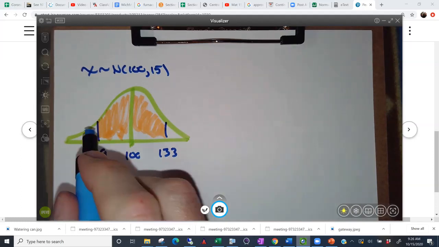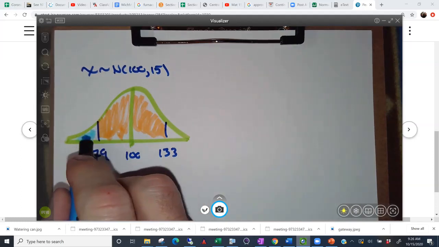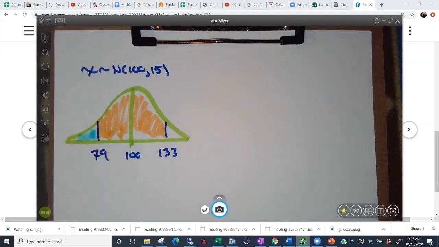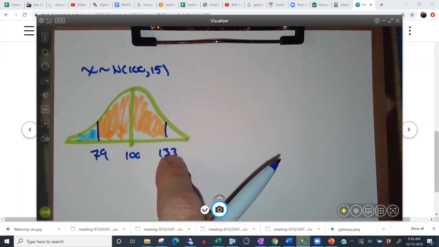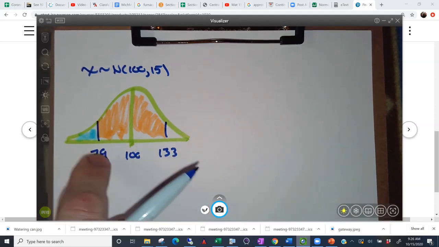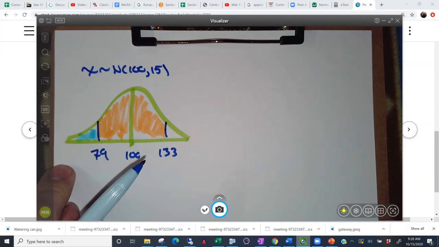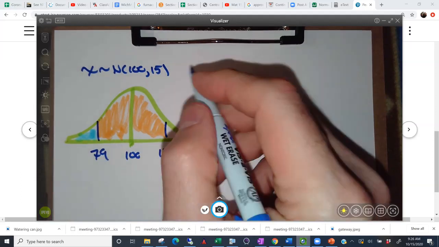Would you do them individually and then subtract? Perfect. So in Google Sheets, we're going to do it individually. I'm going to find the area to the left of 133 and then subtract off the area to the left of 79. So it's going to be